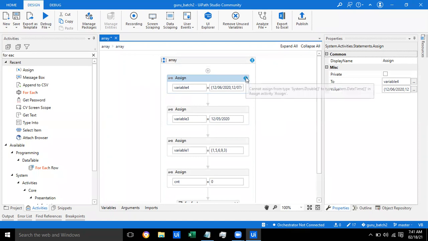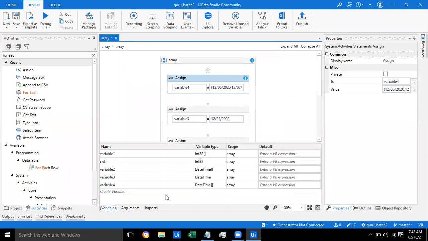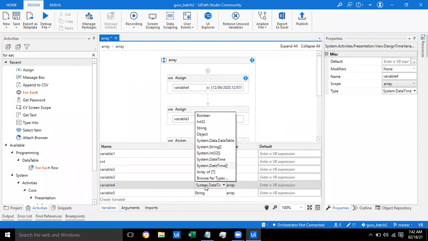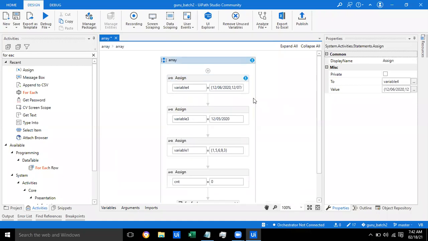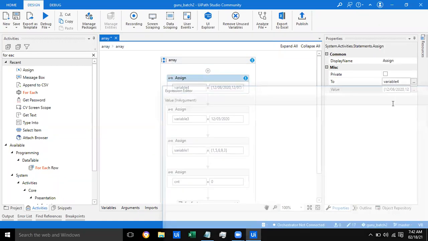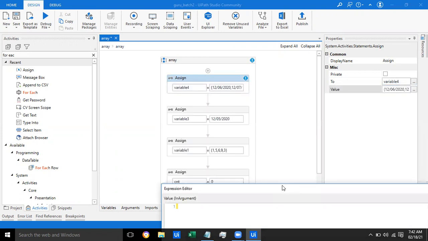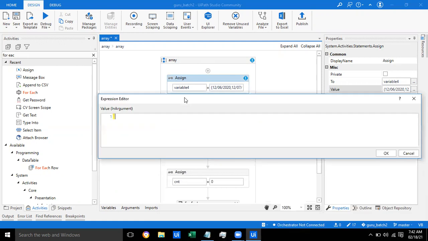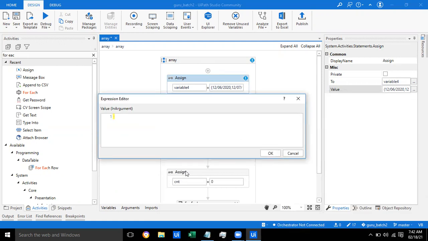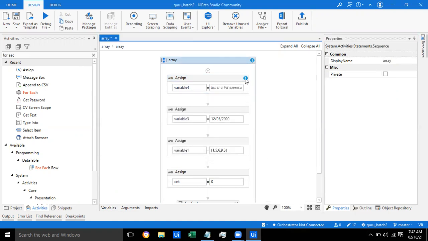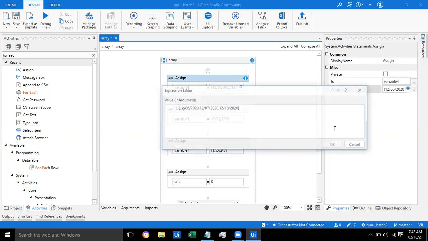We are having some validation error for variable 4.